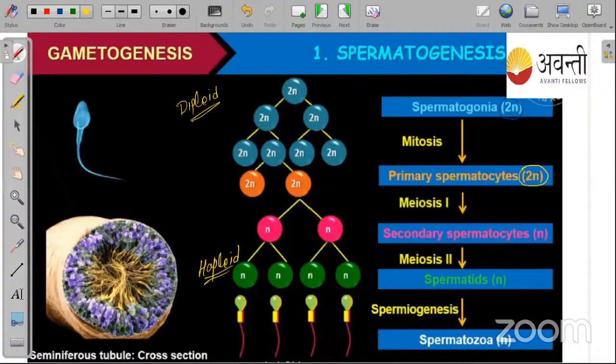ठीक है? So our somatic cell, that means our skin cell or our other organ cell, contains 46 chromosomes. Okay, this 46 chromosomes means 23 pairs of chromosomes. Okay, so in this cell chromosomes are present in pairs, and that's why it is diploid and it is denoted as 2N. Okay. Yes, Chiran, correct.